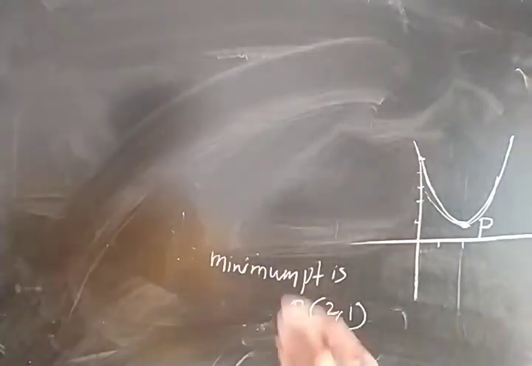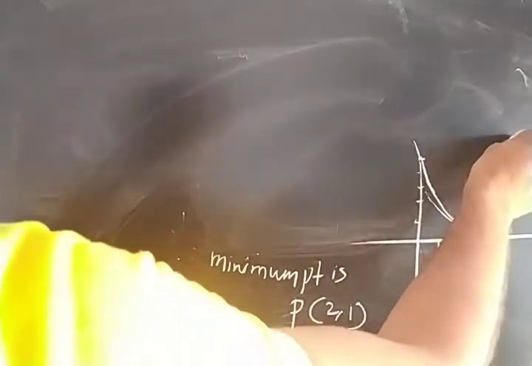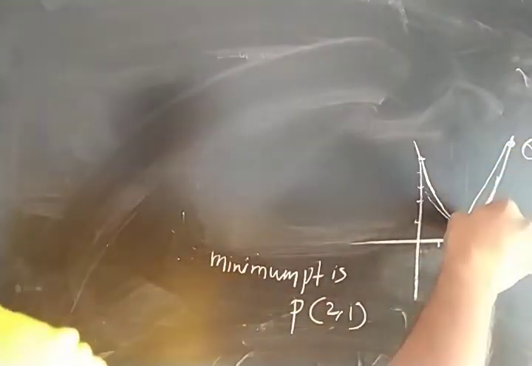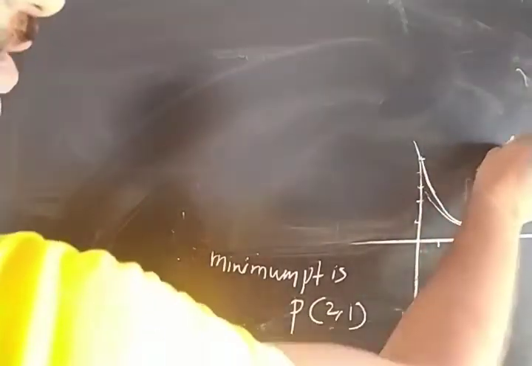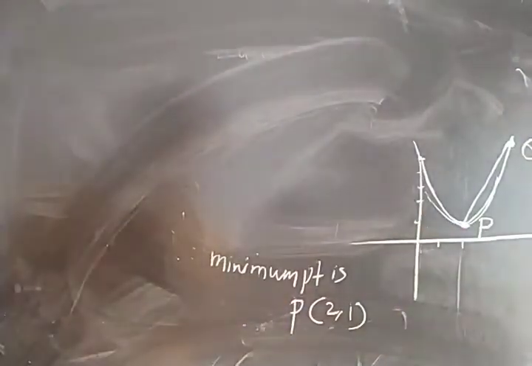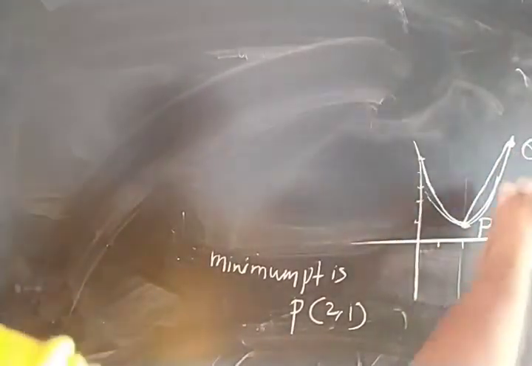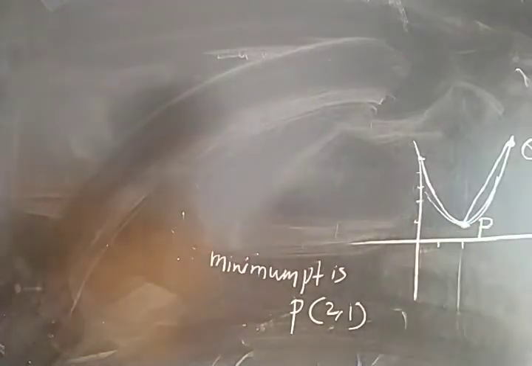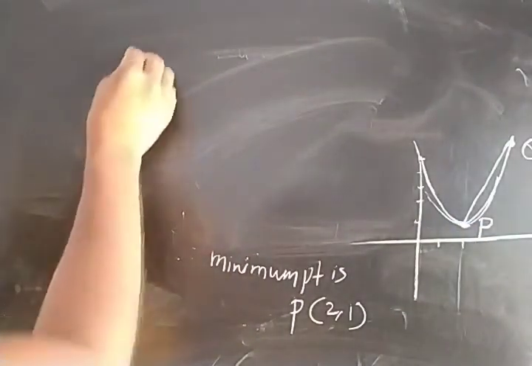Now we have one point on the parabola. Suppose I am taking Q here. We need to find the chord of the parabola. You can take here or you can take here, no problem. So first of all, I am going to find the chord equation. Already we have the point on the chord and we have the given slope of the chord.